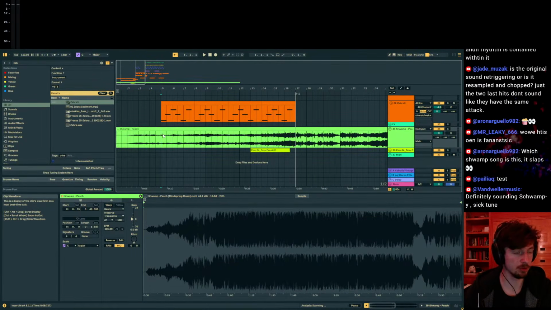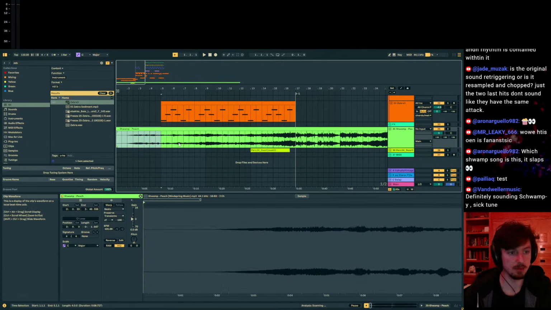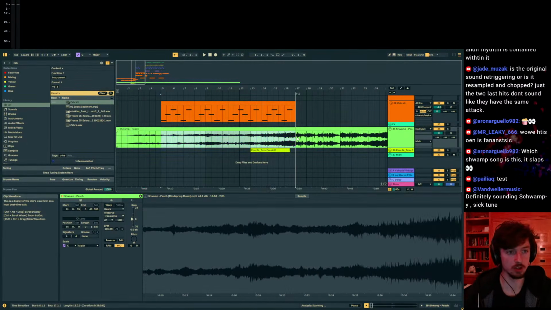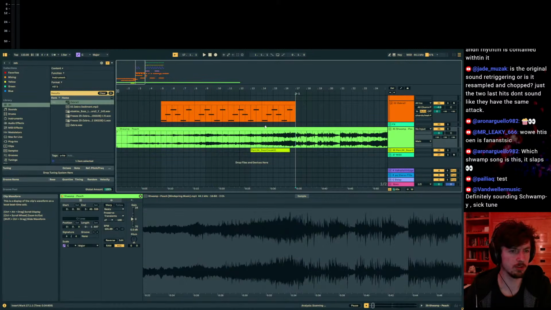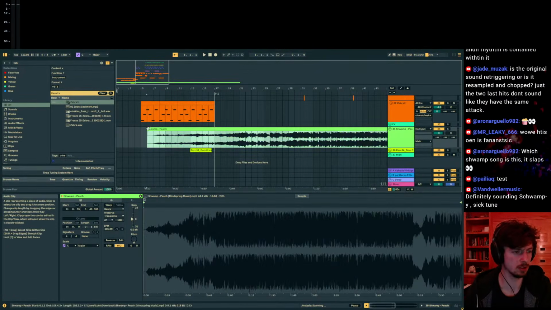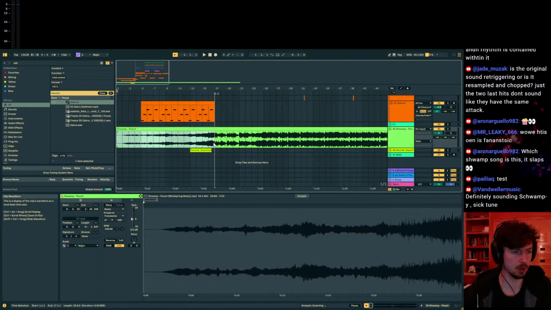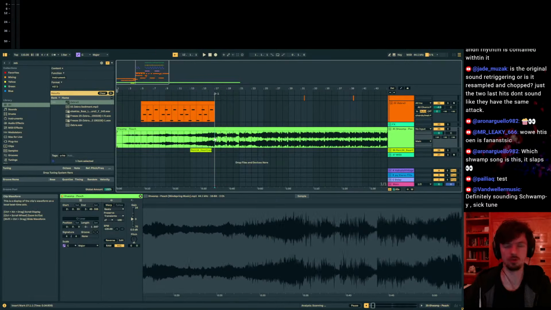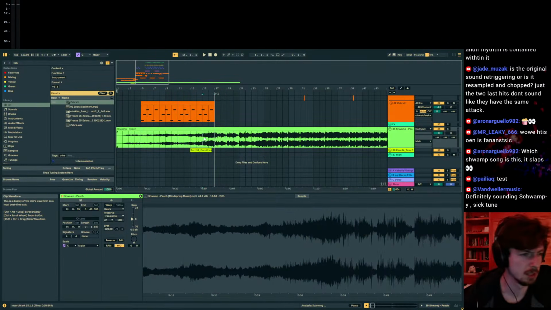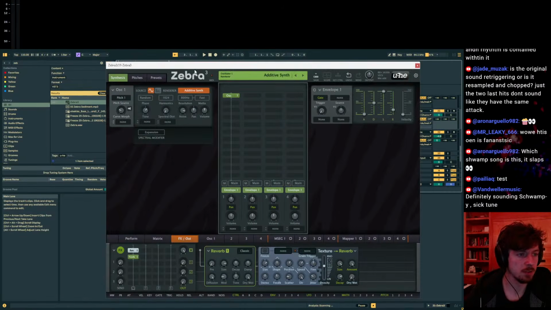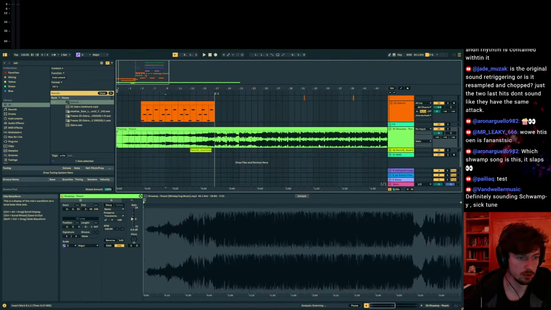So first 5 bars are just complete ambient intro. Then we actually start getting structure. No. Oh wait, no, I'm stupid. For some reason, I thought this was way longer. Okay, ignore everything I just said. 16 bars is just dedicated to the intro. For some reason, I thought it was 24 bars. Maybe that was when it was a different BPM. I don't know. So ambient intro, and then 8 bars in, you start introducing more percussive elements